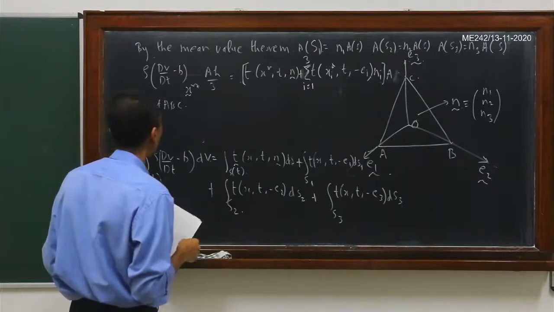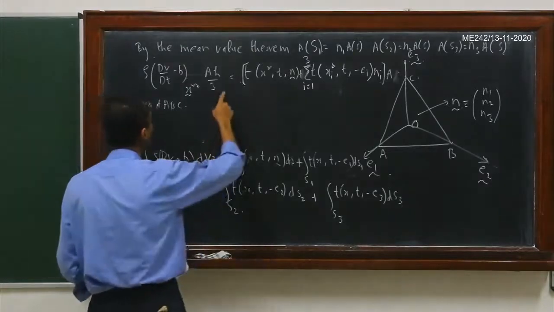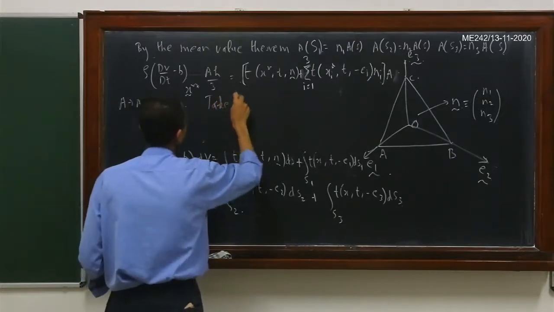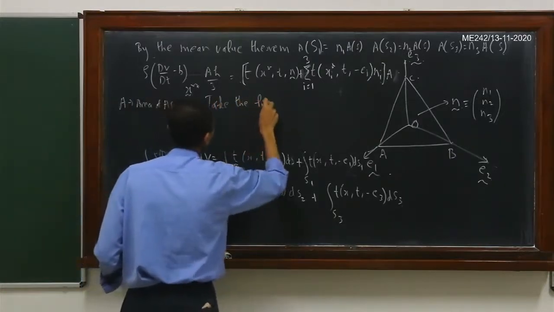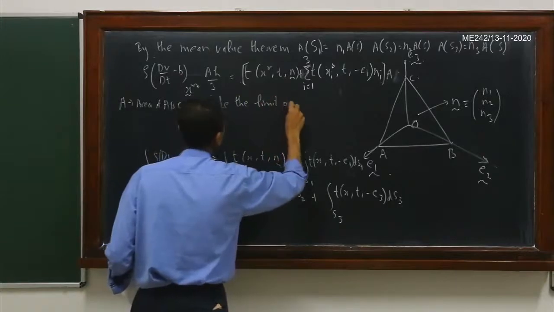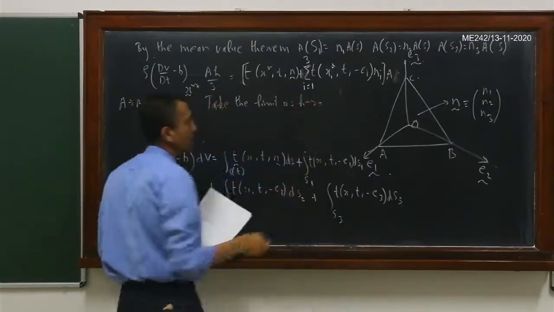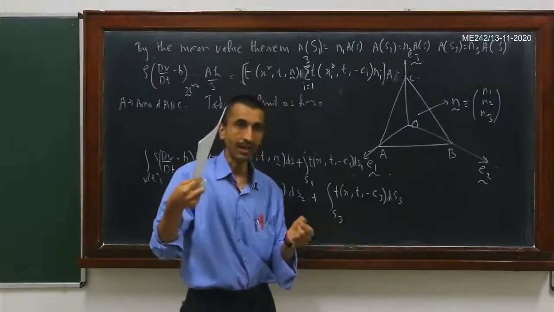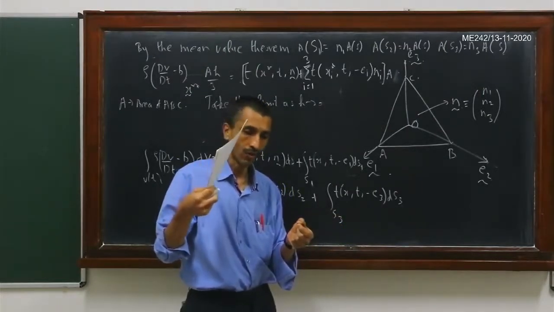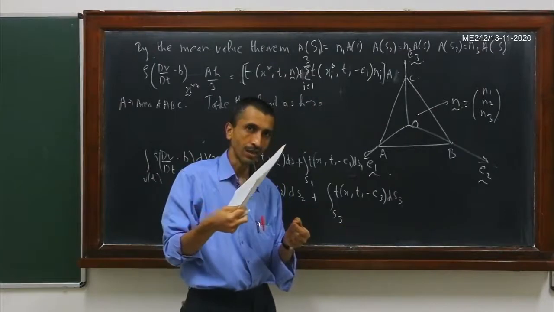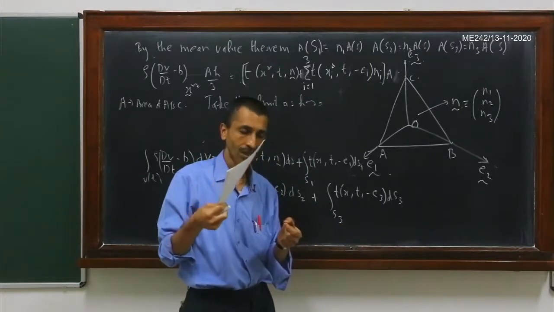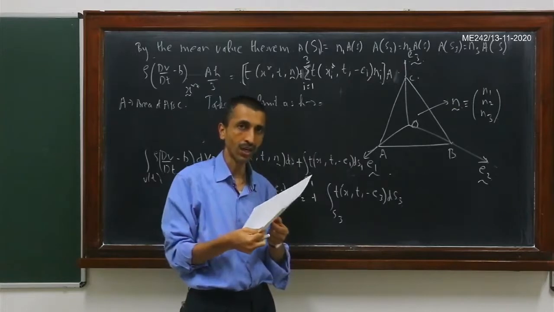Fine. Now we take the limit as h tends to 0. Okay, so that means, now you can imagine that this ABC is this inclined face here, and here O is the origin. So what you are doing is that you are shrinking this tetrahedron to a point here. Okay, so basically this inclined surface, you are bringing it closer and closer to the origin.